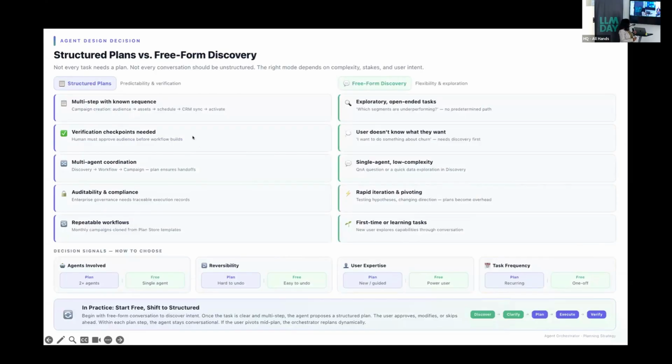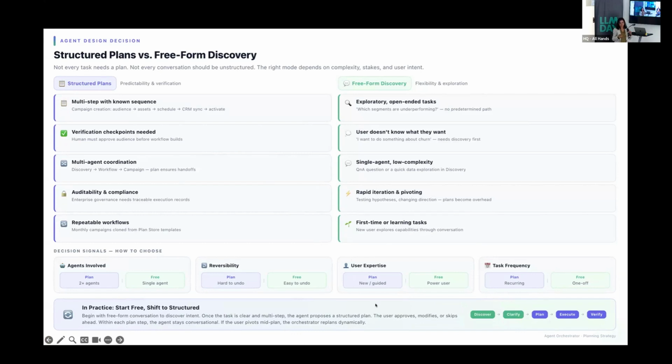The next thing I wanted to talk about is structured plans versus free-form discovery. If you're using Cursor or Claude, you may have looked at this: you can go into plan mode and get all the steps, interact, change the steps, or you could go into not the plan mode and do regular work. Now, which works at what point? Sometimes, let's say I want to build a campaign.